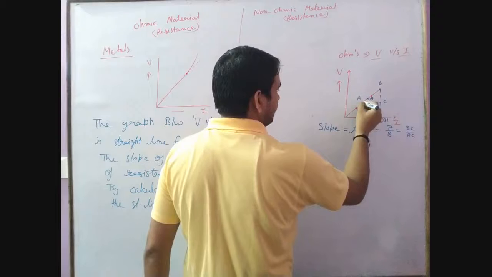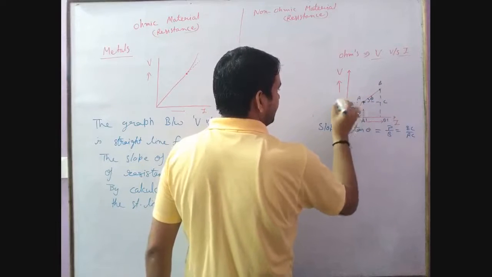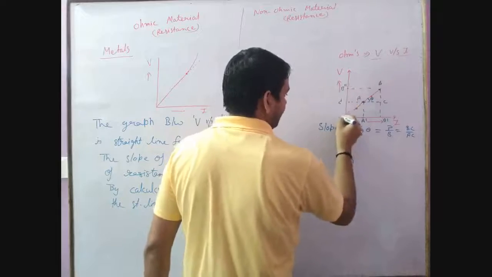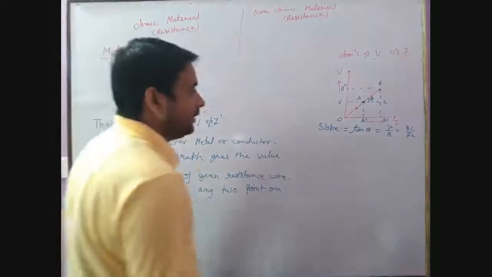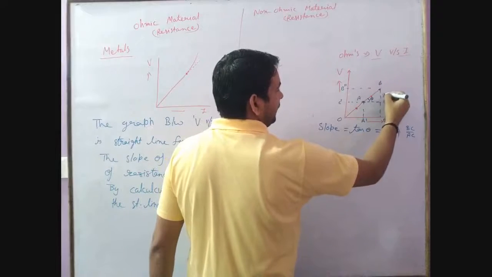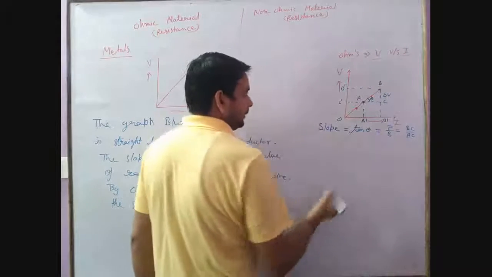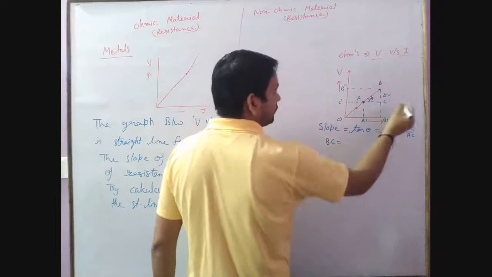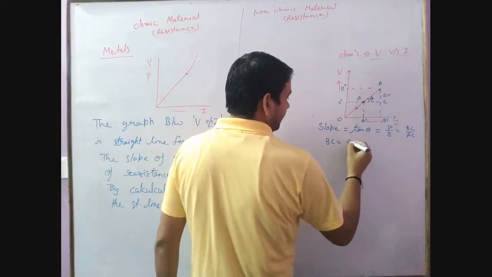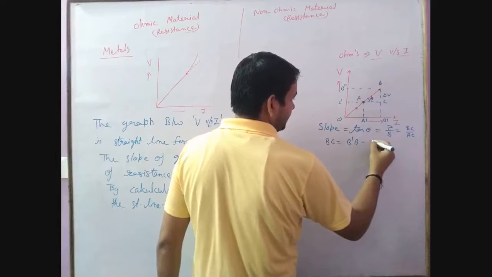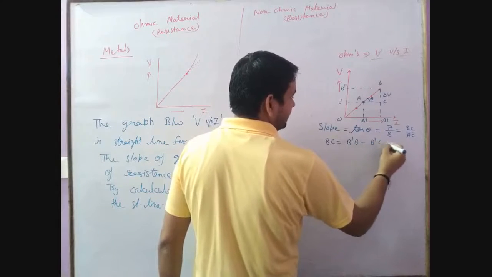When you try to solve this, let's say this is B dash, this is A dash, this is C dash, this is B double dash, and this is O. Now you can easily calculate the value of BC, which is del V. Just see here, when we calculate BC, we need to calculate B dash B minus B dash C.